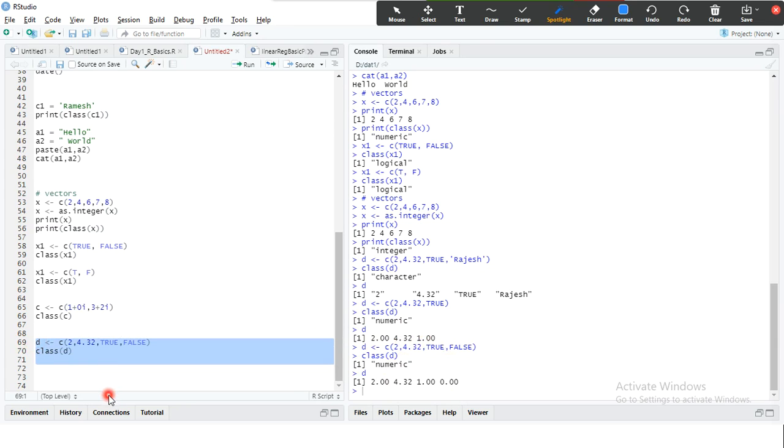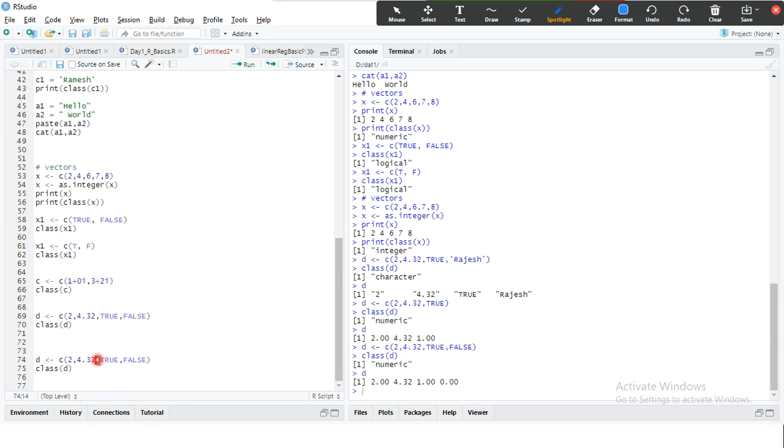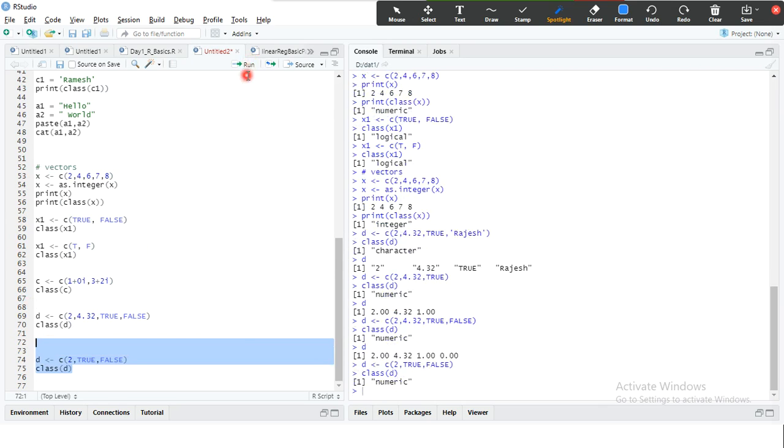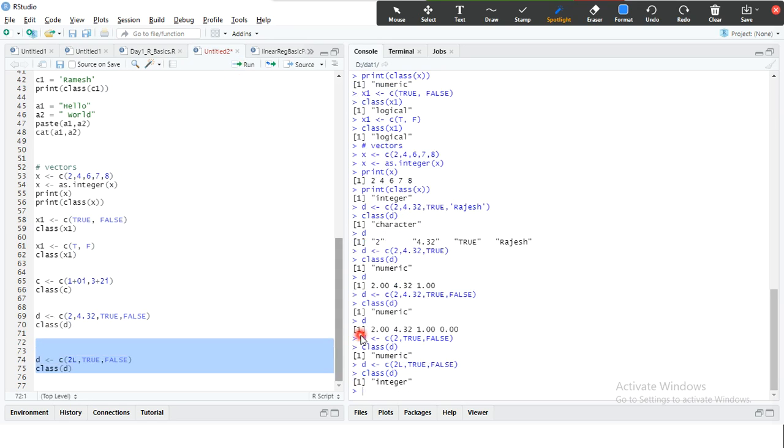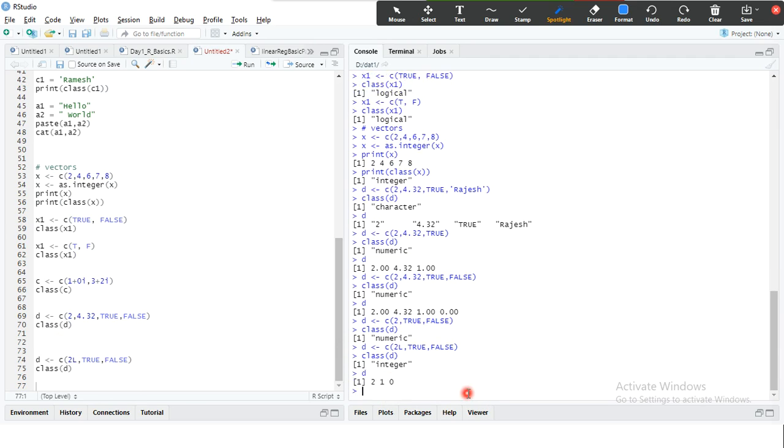Supposing I remove the float data type, so I am left with only true or false. The integer takes higher precedence now. Okay, here also numeric, right? No. What we will do is, I'm going to assign L here. Look here, integer. When I combine integer and logical values, it converts everything as an integer data type. And if you try to check the values, now 2, 1, 0. So 1 is the true and this 0 represents false here.